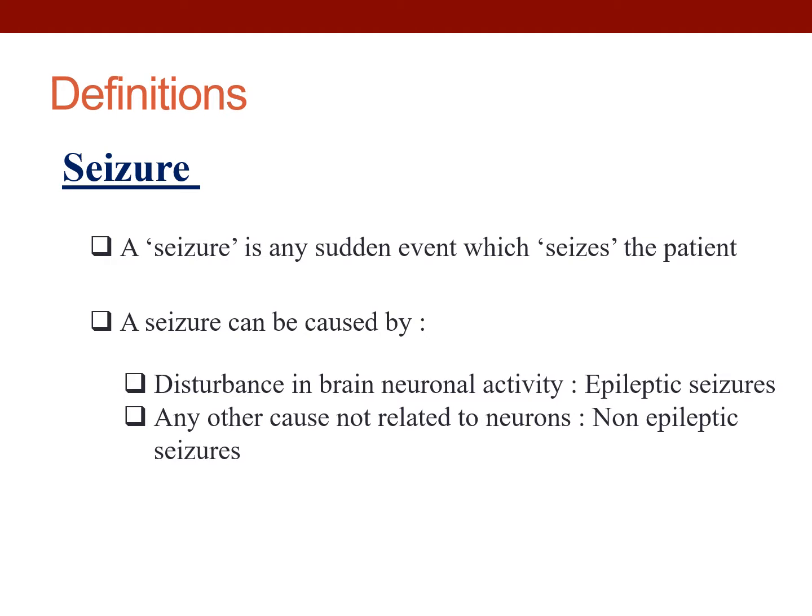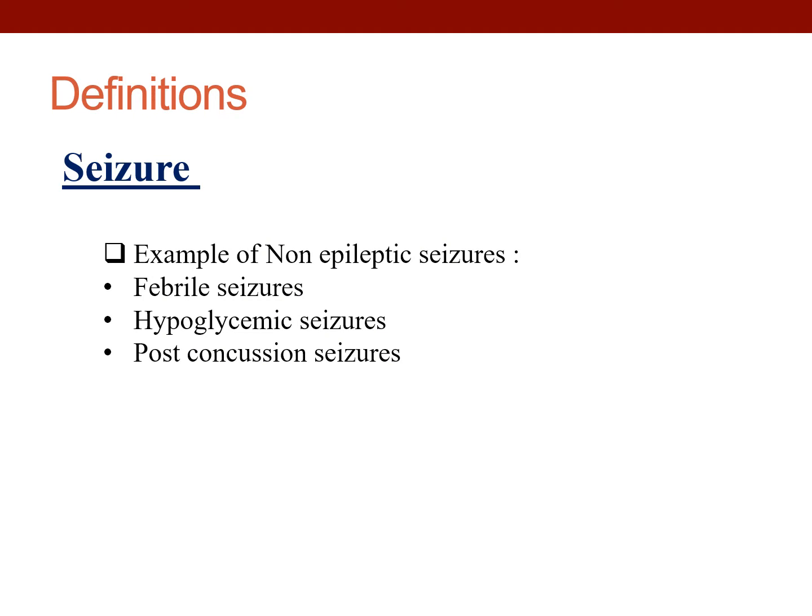And as you may imagine, in life there will be a lot of seizures, a lot of causes. So any one person in life, there is a 50 to 50% chance that he may have a seizure. Someone may have a heat stroke and then have a seizure. Someone may have dehydration, so low blood sodium or blood sugar, and then have a seizure. If someone has a seizure and it is not an epileptic seizure, then again this is not epilepsy. This is not going to be recurrent. Once you correct the cause for the seizure, then the seizure is not going to happen again. Then again this is not epilepsy anymore. So I just wanted this to be clear.